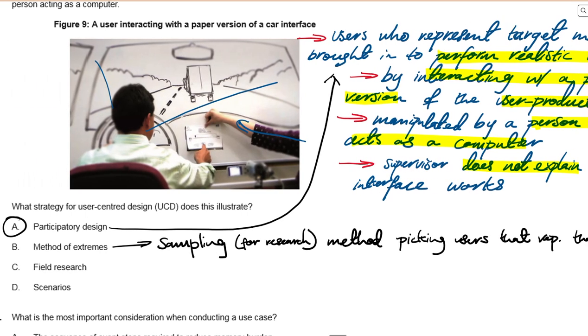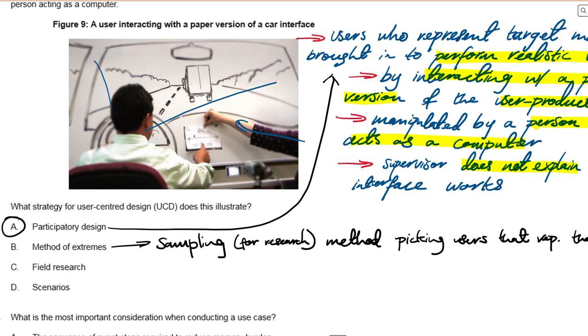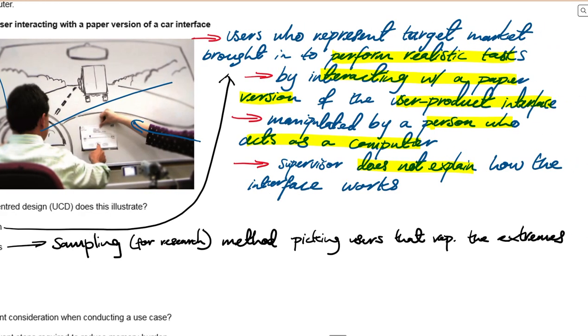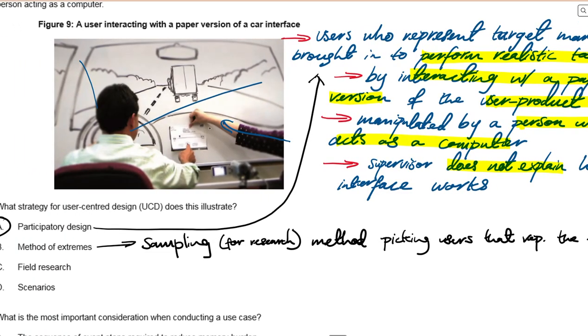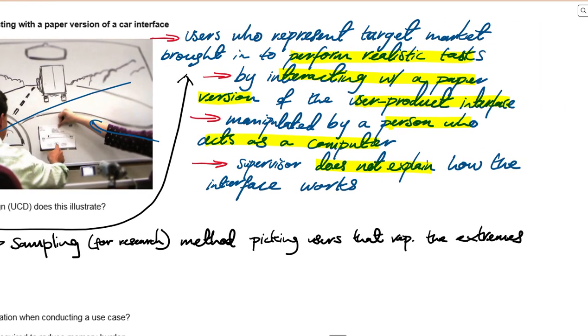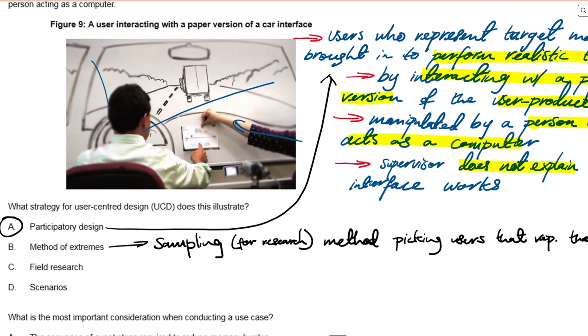It can be in terms of age, height, English speaking ability, or the ability to understand the language here, or finger size. Let's say we're trying to see how big our button should be. So literally anything. So picking users that represent the extremes of a population,